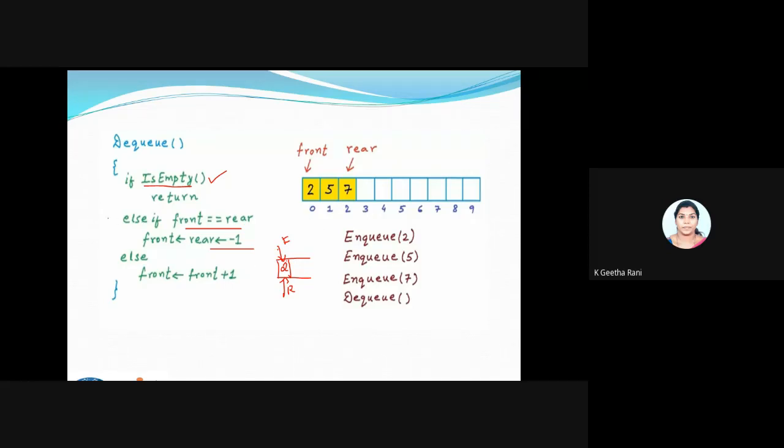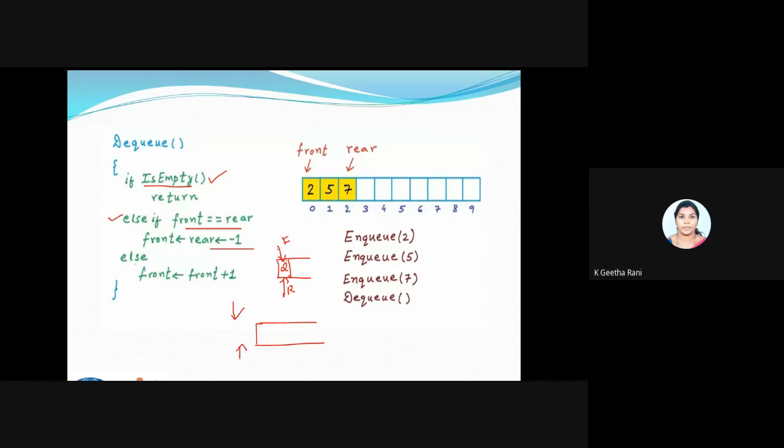If we have only one element, that is the meaning of front equal to rear. If I'm having a single element inside the queue, both the front and the rear will be pointing to the same index. For dequeuing that particular element, just make your front and rear -1. So what happens if I delete it? Now this is what my array will look like. Now my front and rear will be coming out of my array.